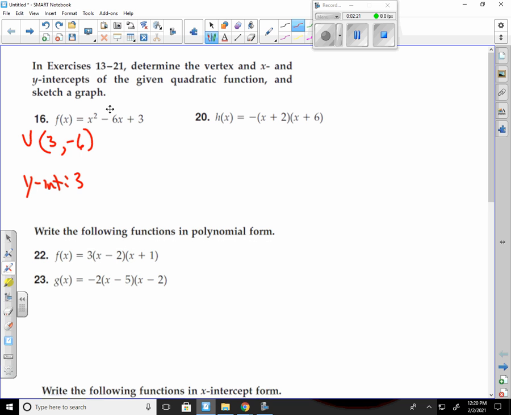The x-intercepts, in order to do that, I either need to do the quadratic formula or factor. What multiplies to give me 3 and adds to give me negative 6? The answer is nothing. So I'm going to need to use the quadratic formula in order to find my x-intercepts. That's going to be negative b, which is positive 6, plus or minus the square root of b squared, which would be 36, minus 4 times 1 times 3, all over 2a, which is 2 times 1. 36 minus 12 is 24. 6 plus or minus the square root of 24